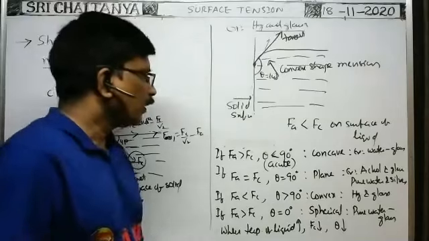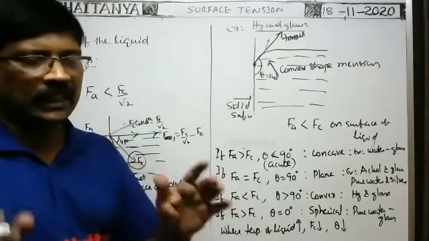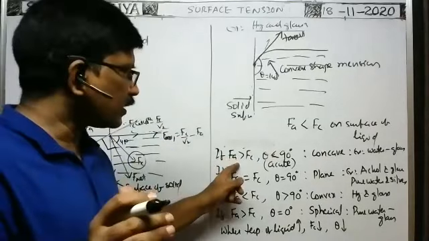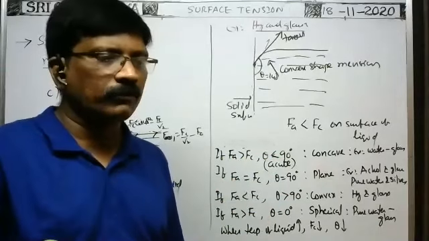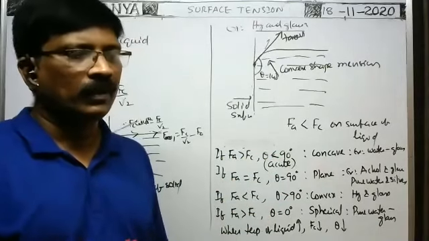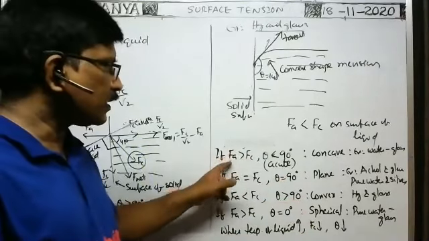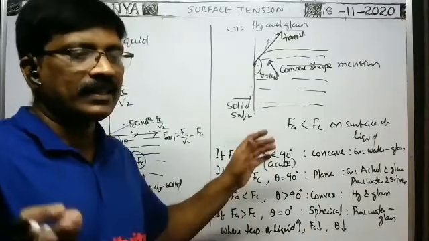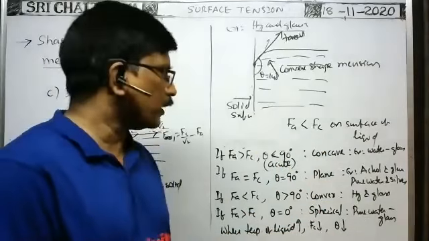Next, one more thing. Whenever the adhesive forces are greater than cohesive forces, if the liquid is poured on the surface of the floor, that liquid molecule sticks to the floor so that it wets the floor. When the liquid wets the floor, it means definitely that adhesive forces are greater than cohesive forces, and the angle of contact is less than 90. Such types of liquids only wet the solid in which they are taken. That is also an important point.